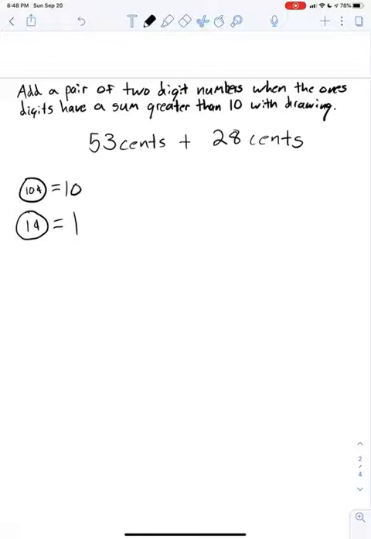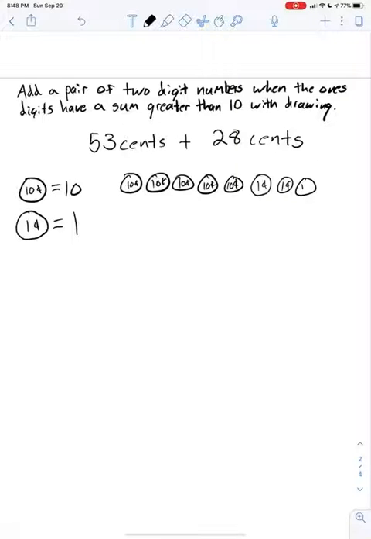So let's go ahead and look at 53 cents. How many dimes do we need for 53 cents? We need 5 dimes. So 1, 2, 3, 4, and 5. And how many pennies do we need? We need 3 because there's a 3 in the ones place. So 1,